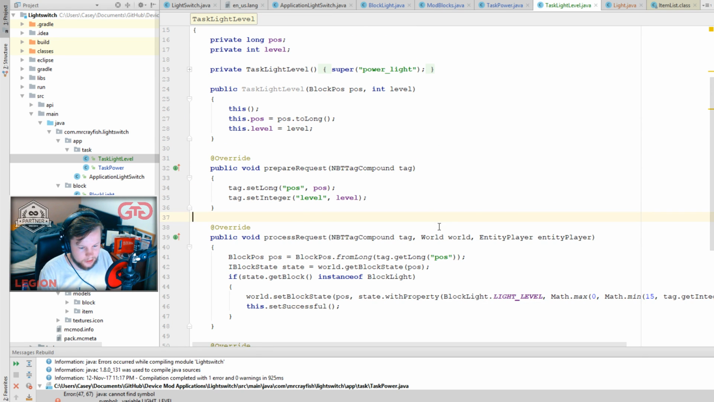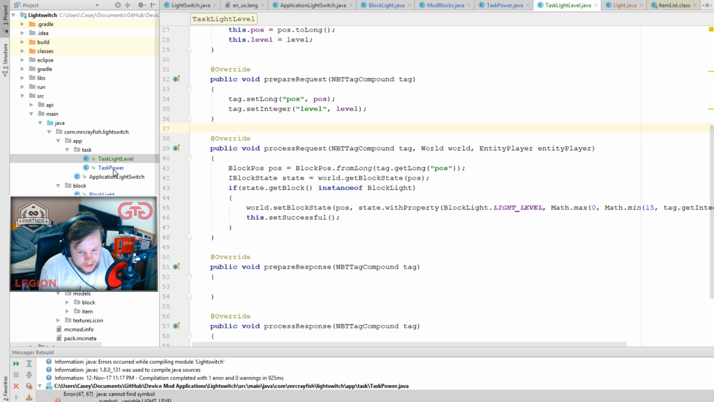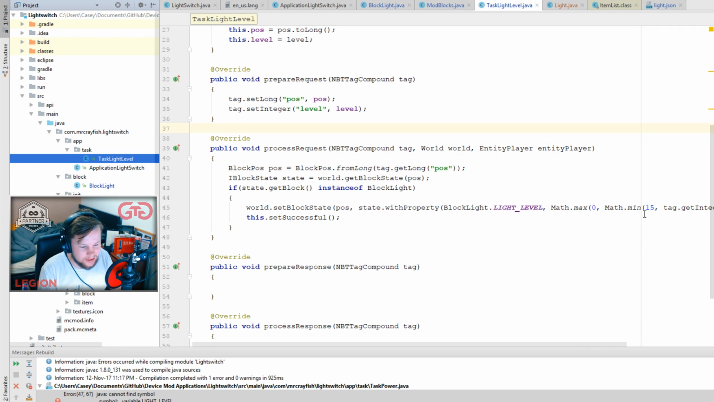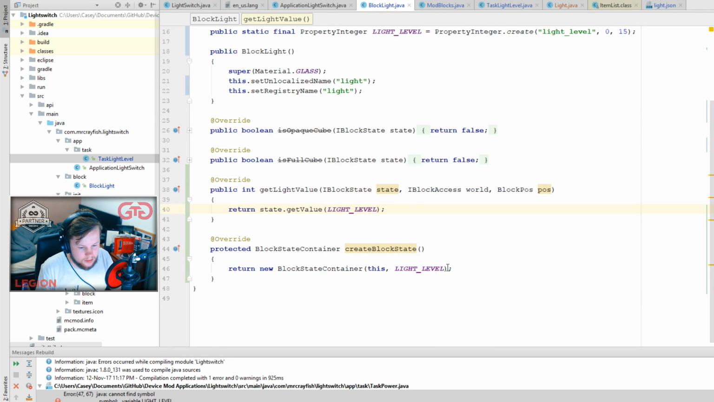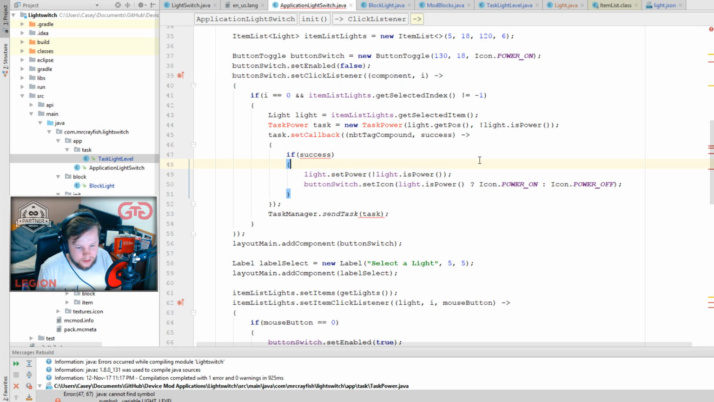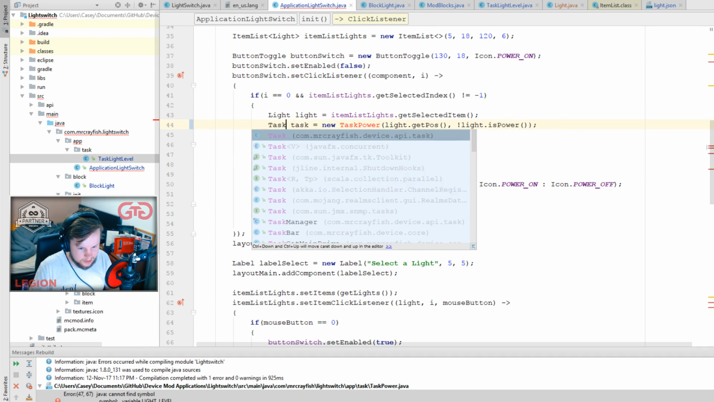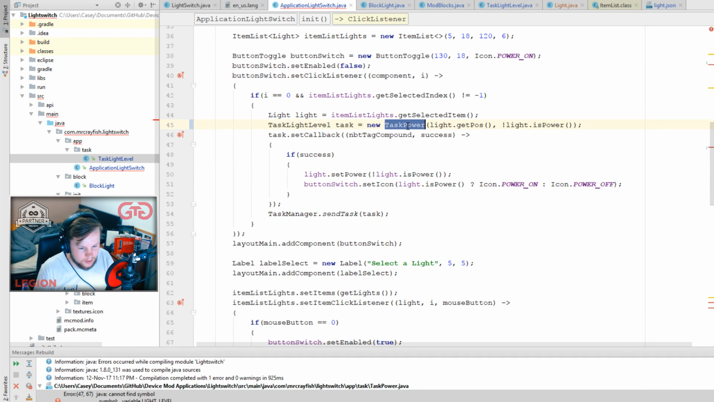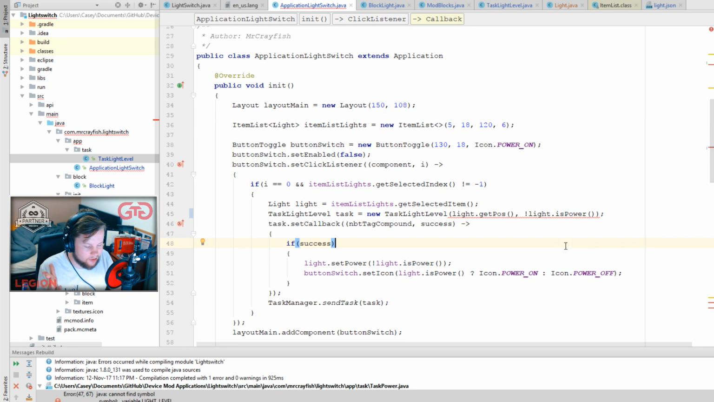Alright, that's all good. So we can set the level of it now. So technically, we don't even need this task power anymore, because we can just control the levels, and if we set it to 0, it means it's off. And then back in application light switch here, we'll do task light level. Task light level. We want to power on, so we can say